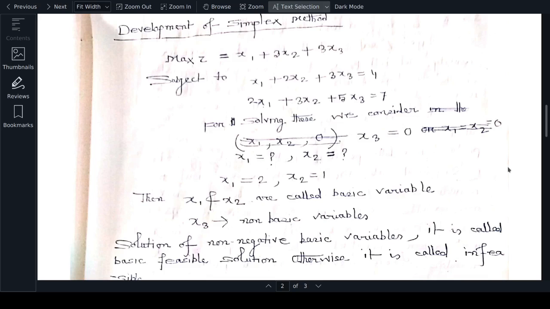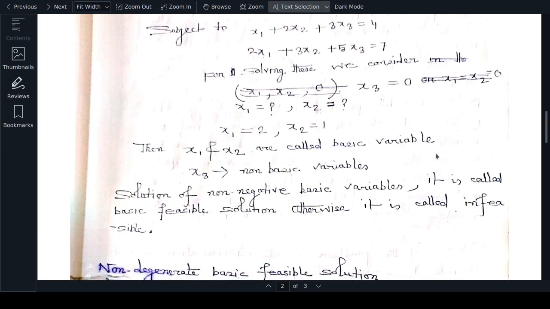Clear. And here which variable did not appear? X3. Then the x3 variable is called what? It is called a non-basic variable. Okay, so next line you see, a solution of non-negative basic variables is called a basic feasible solution, otherwise it is